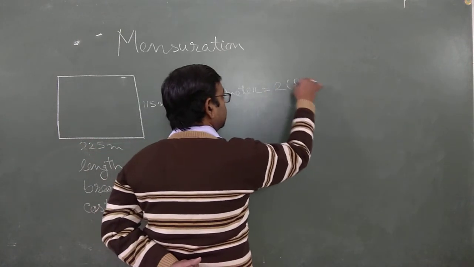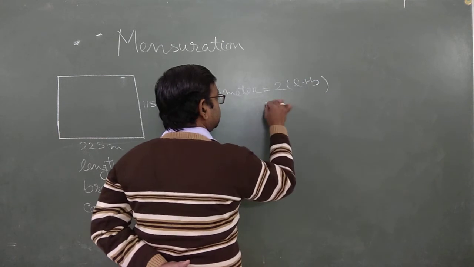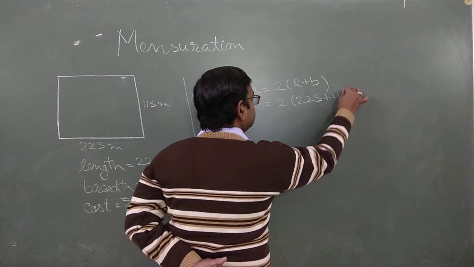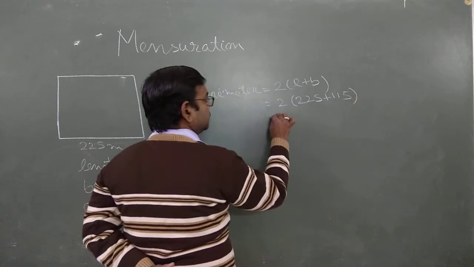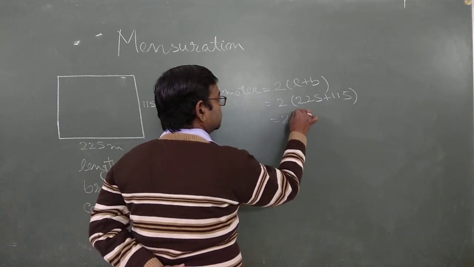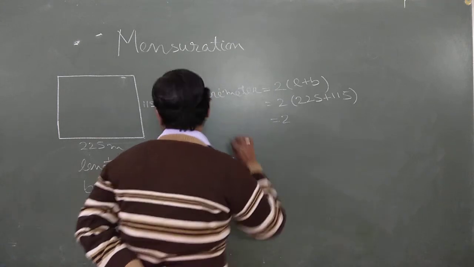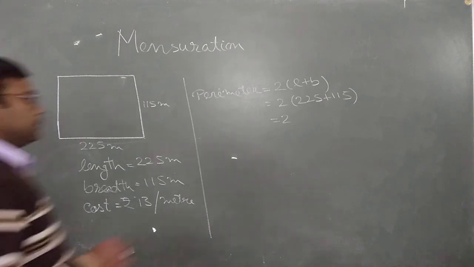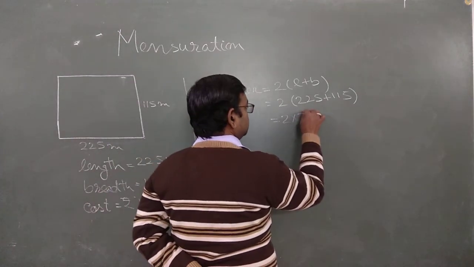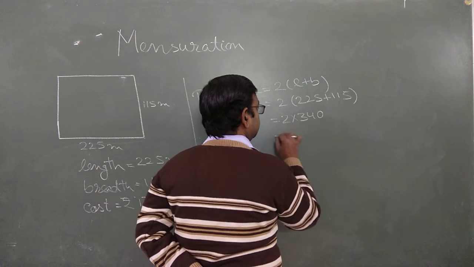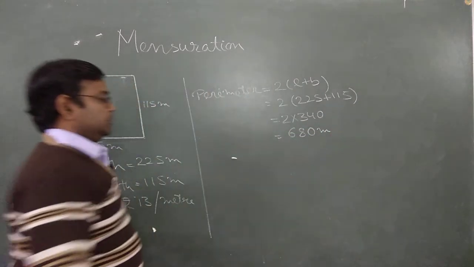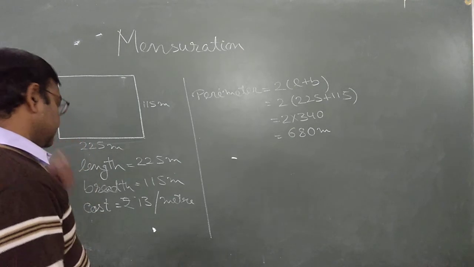Perimeter is 2 into (L plus B), and this is 2 into (225 plus 115). It is 340, clear, and it's 680 meter, but this is the perimeter. Now cost of fencing